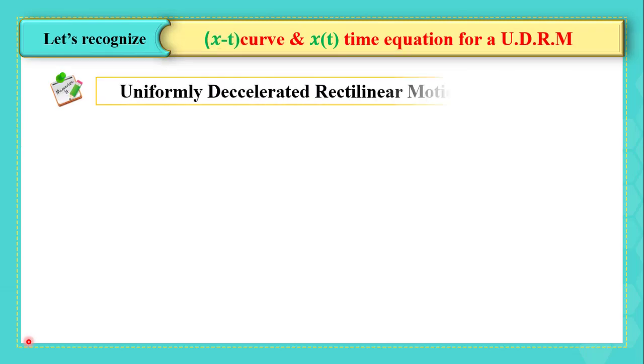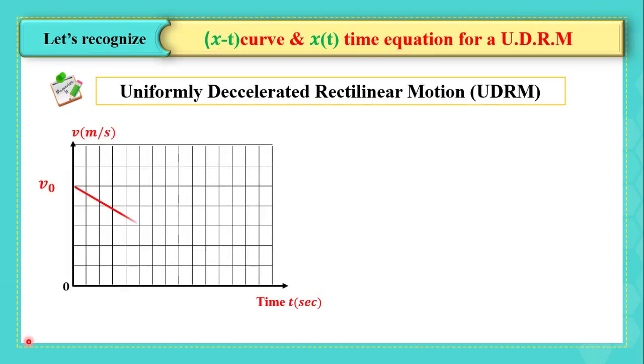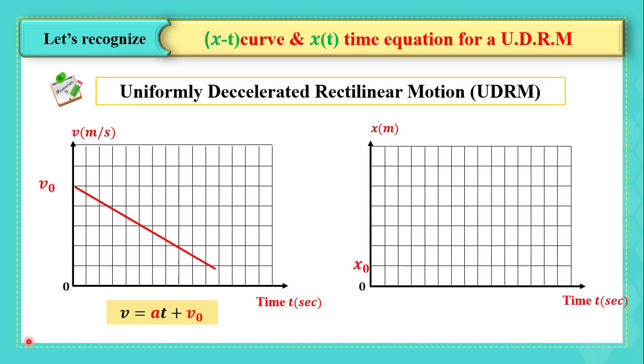Then, in a uniform decelerated rectilinear motion, the vt curve is a linear function of negative slope, and the vt time equation is v equal at plus v0, whereas the xt curve is a nonlinear function and the xt time equation is x equal half at squared plus v0t plus x0. Let's practice now by solving application 1, but before you start, please pause the video and try to solve the